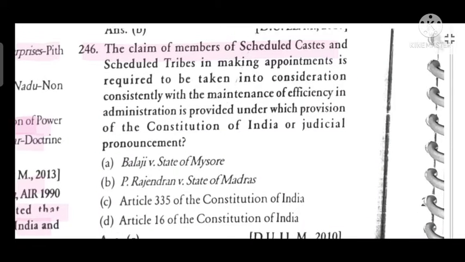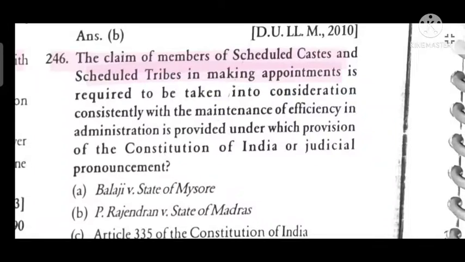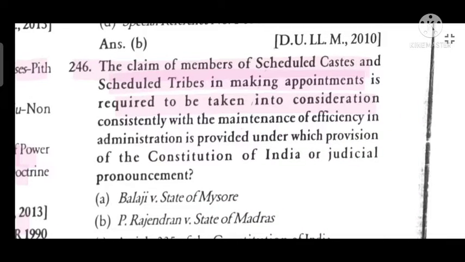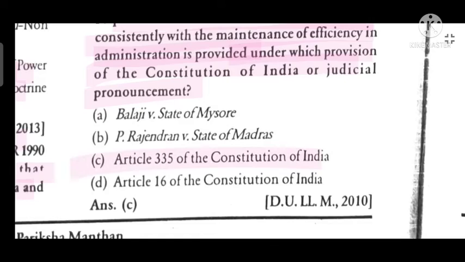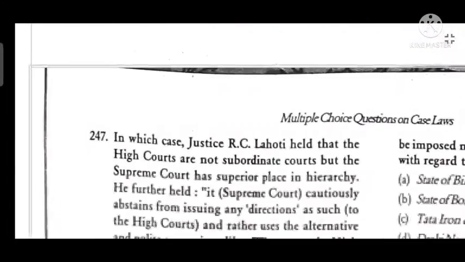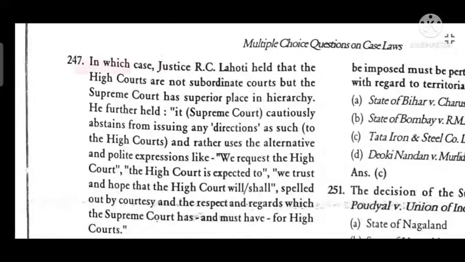The claim of members of scheduled castes and scheduled tribes in making appointments is required to be taken into consideration consistently with the maintenance of efficiency in administration, as provided under Article 335 of the Constitution of India, in which case